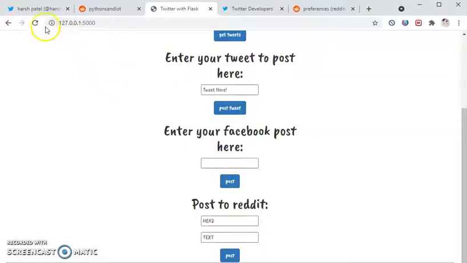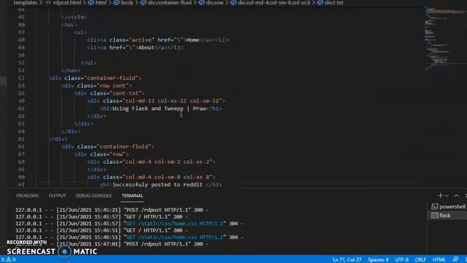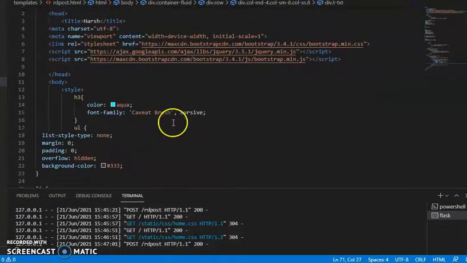There we go. Refresh it and post something new. "Hello world 1." I'll post it again. It says the data is successfully posted to Reddit. We can even change the font color for h3 tags if we'd like to do that.